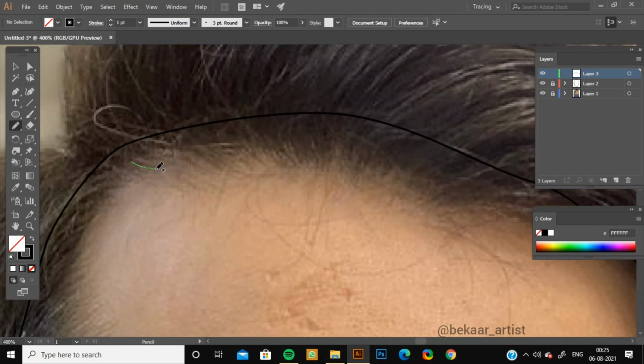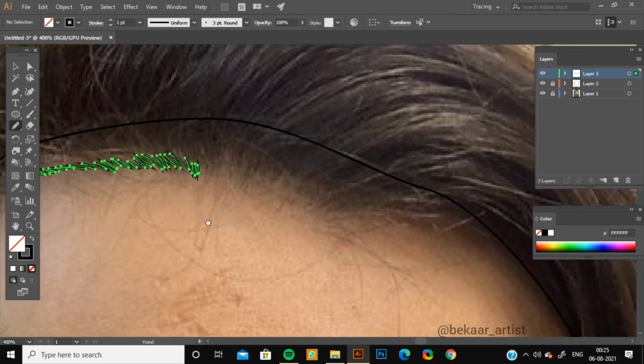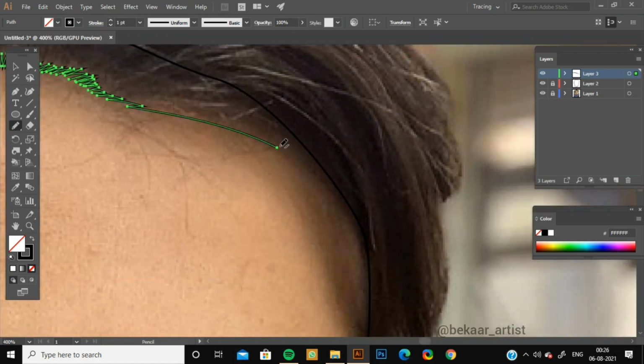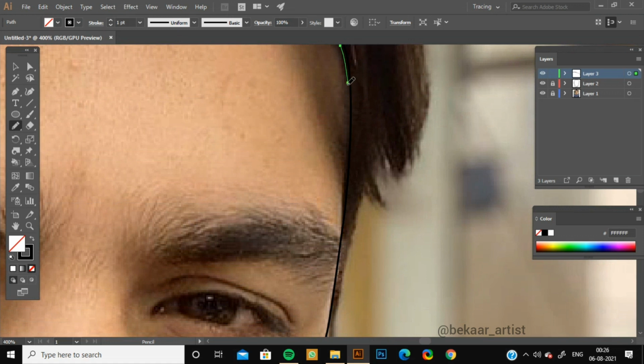Then just simply create lines like this. And then just follow along the hairline.